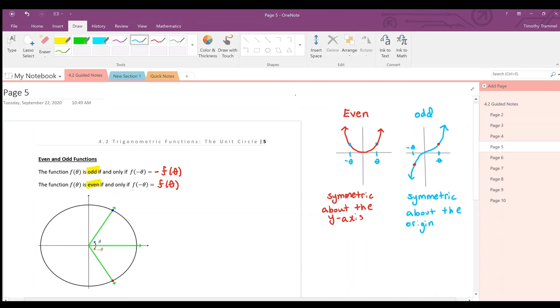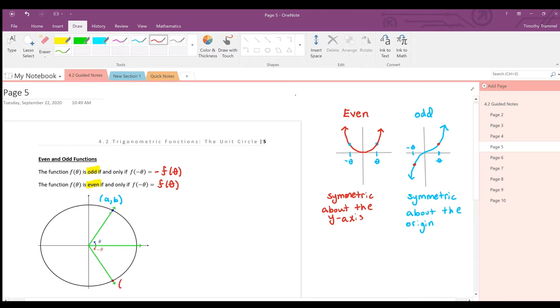All right, so let's now investigate whether sine and cosine are even or odd. In order to do that, we're going to look at this little picture here, and let's just write in the coordinates. Let's say that this intersection here happens at (a, b). And then let's say that this one down here,